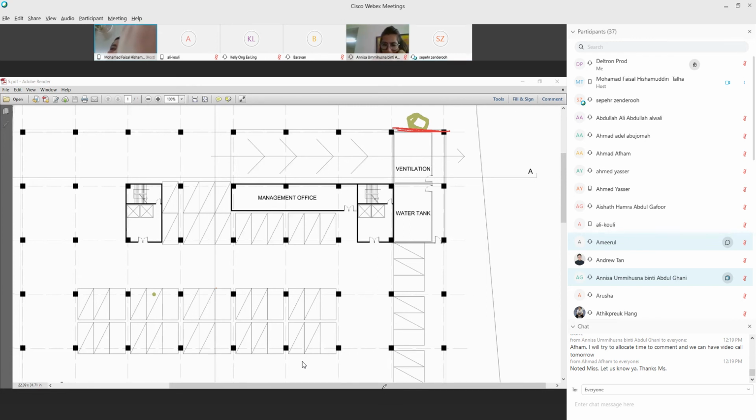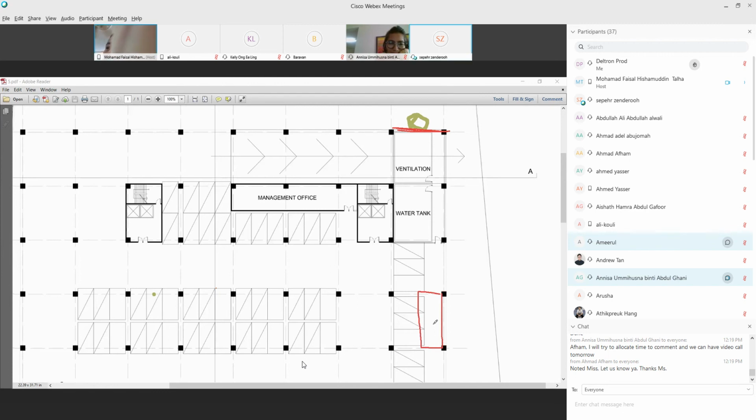Because there's a ramp. So it should be somewhere, let's say here, isn't it? You put your room. In fact, here there's a lot of space you didn't use. You can put your ventilation. If I set back, yes, I can use a lot. No, this one is not all the way up there.